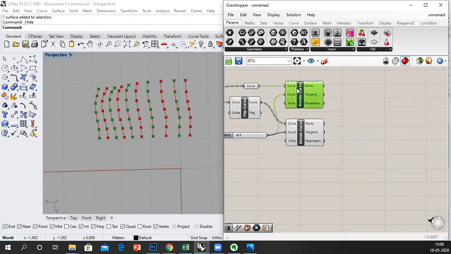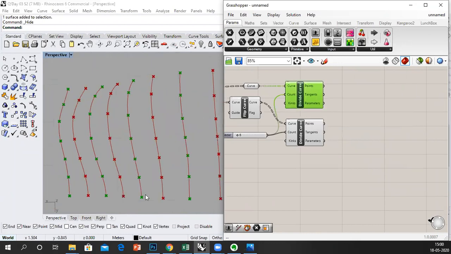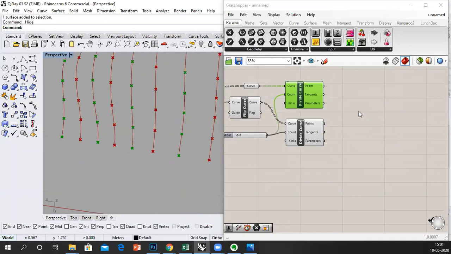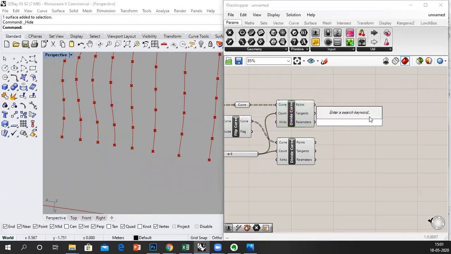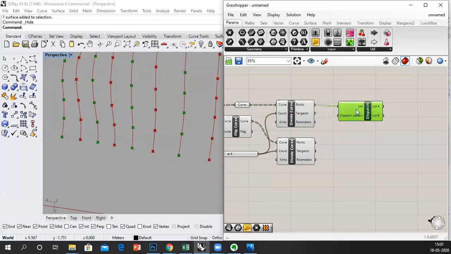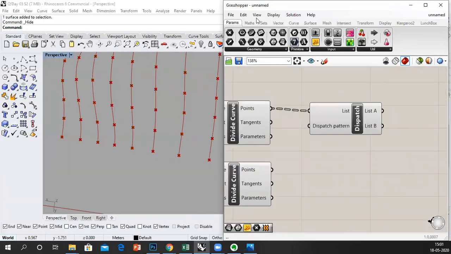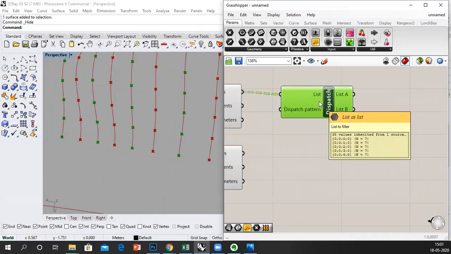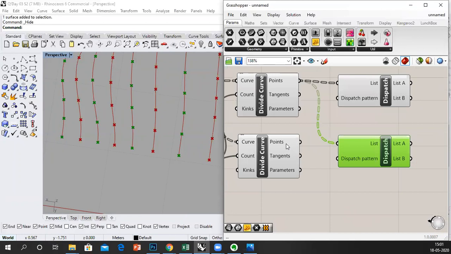If I select this, all the points are getting selected. I need to skip one point at a time. So I'm going to use the process of dispatch again. In the points, I have two lists, first list, second list. I'm going to copy paste it here.